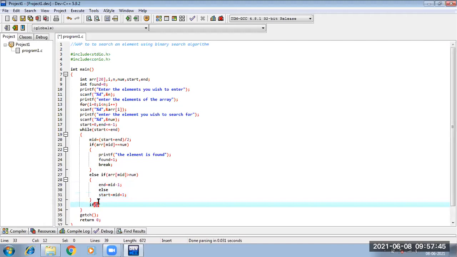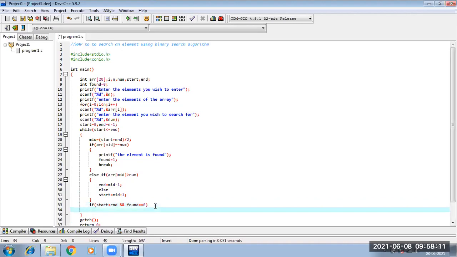And in any of the cases, if your start has become greater than the end, that is, you have reached the end of the array, and also your found counter is 0, that means the element is not present in the array.